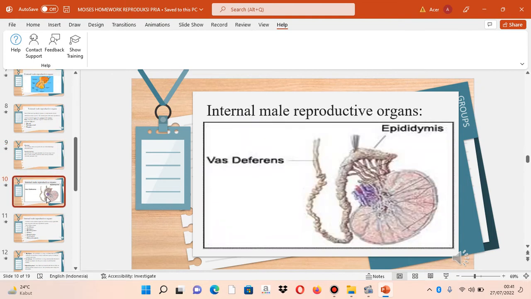Okay, right now we enter the internal reproductive organs. In this image or photo, you can see the internal reproductive organs. So in the image, there is the vas deferens and epididymis. So the next,